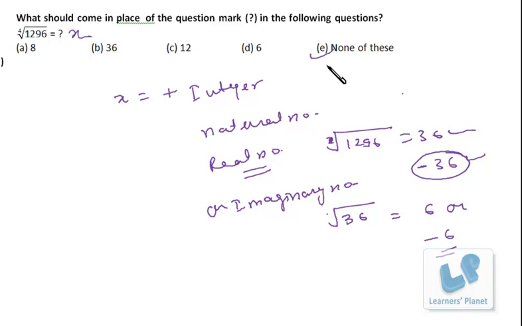Maximum number of students make the mistake that straightforward they mark the fourth root of 1296 as 6. That is a very obvious option. If you are not clear about the status of x, do not mark this option. This option will misguide you, and it's actually incorrect. It's not a complete answer. I hope you are clear. Do not make this mistake.